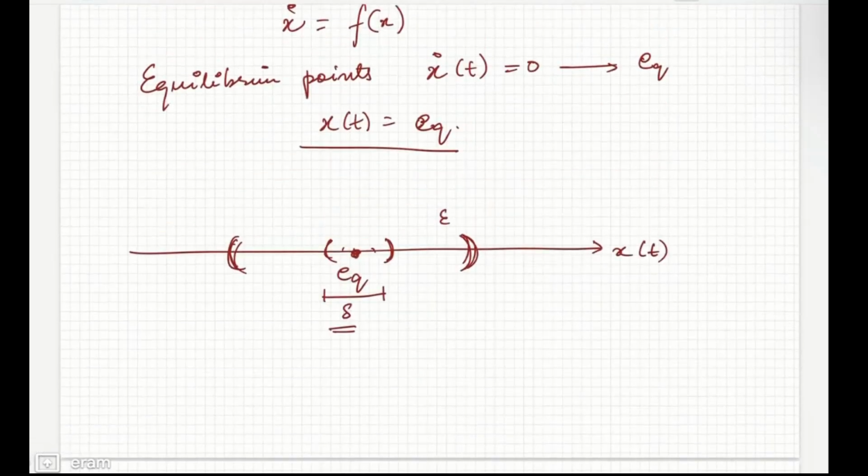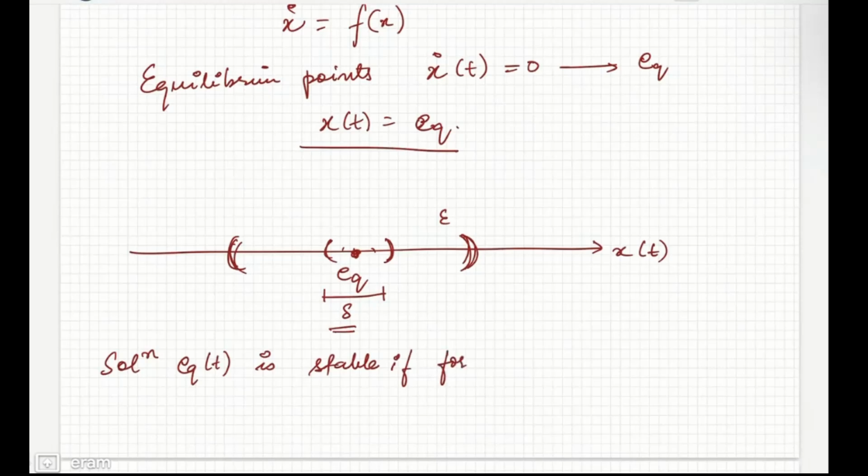More generically, if you want to represent it mathematically, we write the solution, let's call the solution as eq(t) or eq. It is said to be stable if for every epsilon, obviously epsilon is greater than 0, there exists a delta, and this delta can be a function of epsilon such that